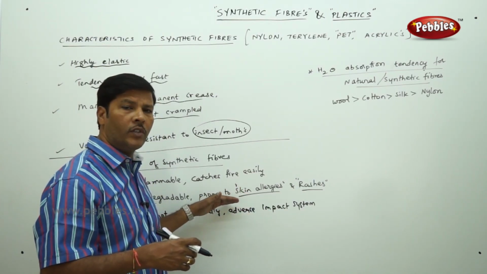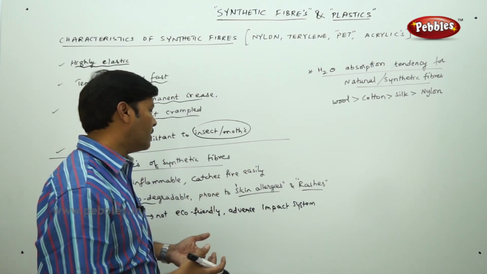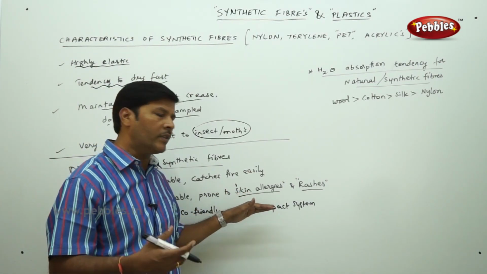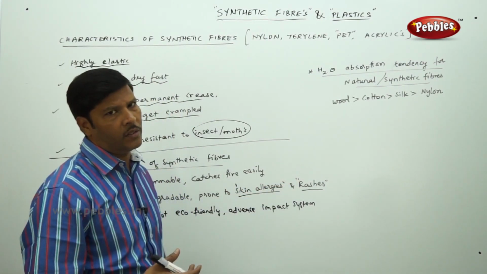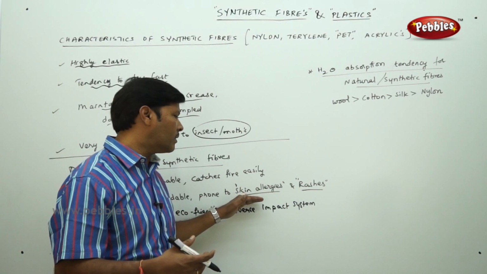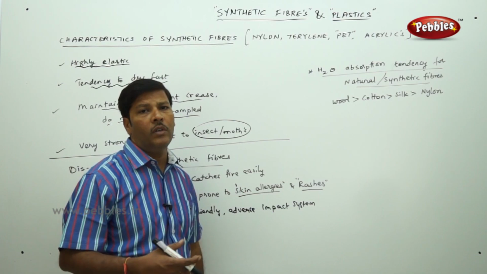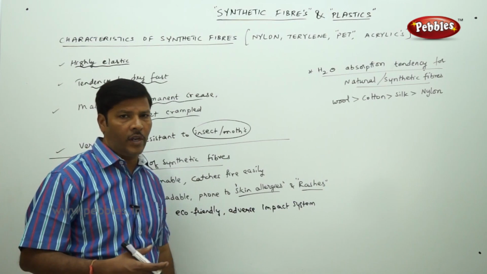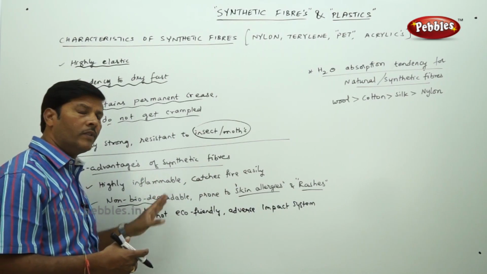If synthetic fibers are worn by people who have sensitive skin, they are prone to cause a lot of skin allergies, and they also form unnecessary rashes, particularly for people suffering from some skin diseases. If they wear synthetic fabrics, they suffer from skin allergies, and that may lead to rashes. So that's why they are prone to skin allergies and rashes in particular. These are the overall disadvantages of synthetic fibers.